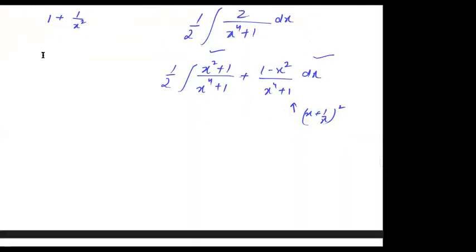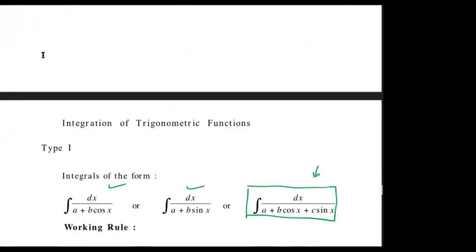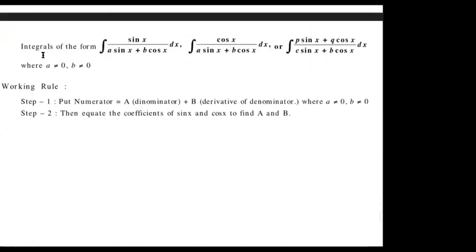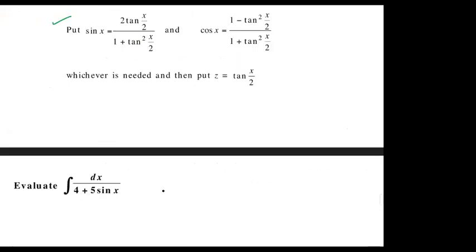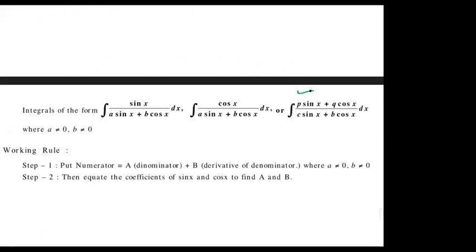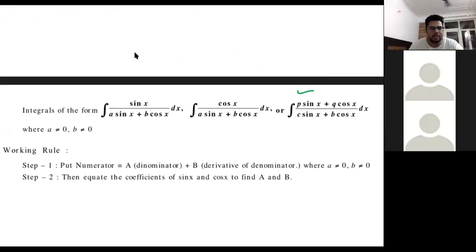So in the next one, just try to see, I'll ask you what you have to do in the questions. So let us try to first of all understand the type. So this is the type that we are having. See, in the last one, we were having a constant in the numerator, right? But here we are having some function of, let us say, sin x or cos x. So here also, the most general one is the last one, right? Now, in the last one, we have both the terms of sin x and cos x, right? So just try to see both the steps, step 1 as well as step 2.